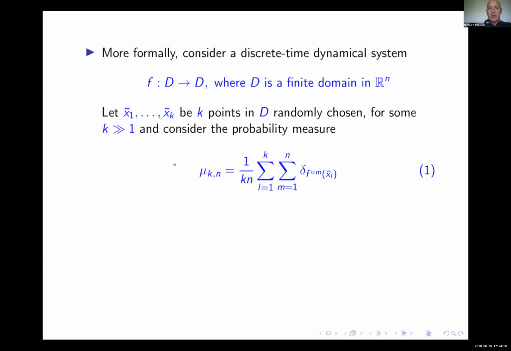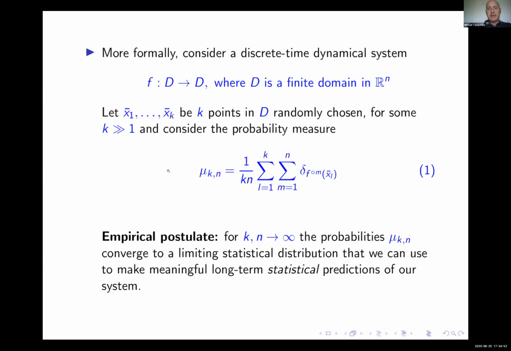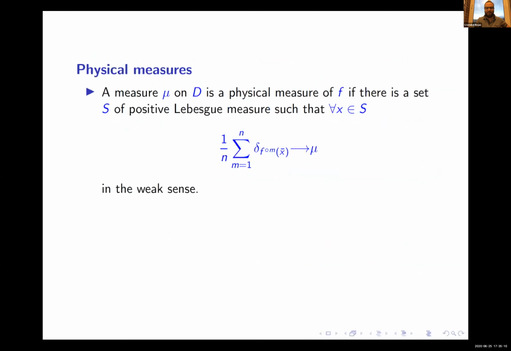And the postulate, the empirical belief, is that when k and n are large, when they go to infinity, these probabilities converge to a limiting statistical distribution. And that distribution describes the long-term statistical behavior of your system. Right. So we want to study the cases in which the system has a possibility for this method to work,